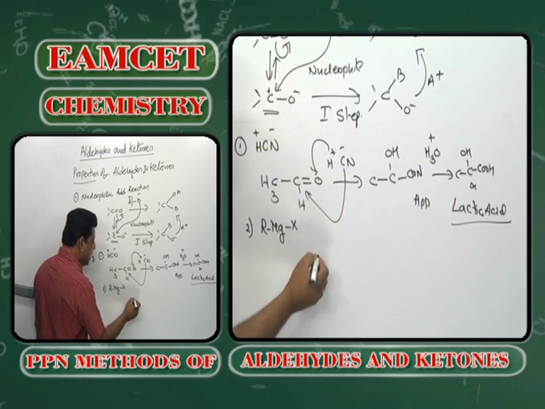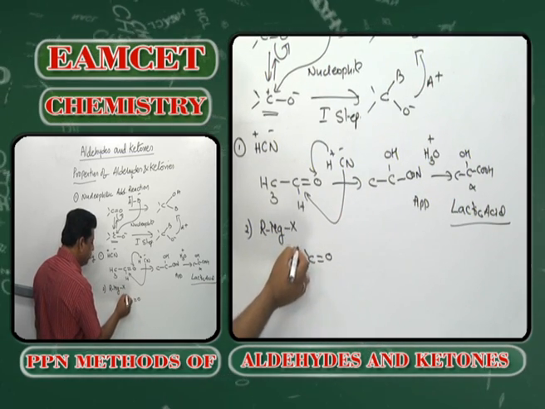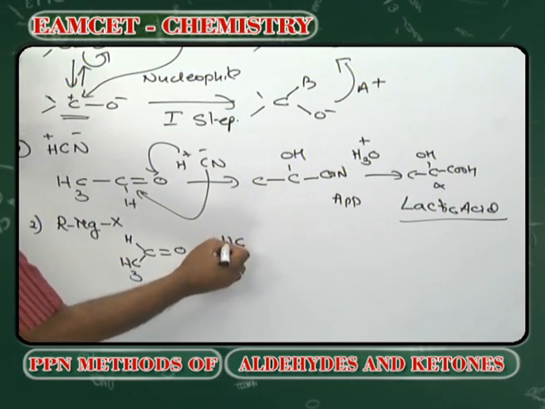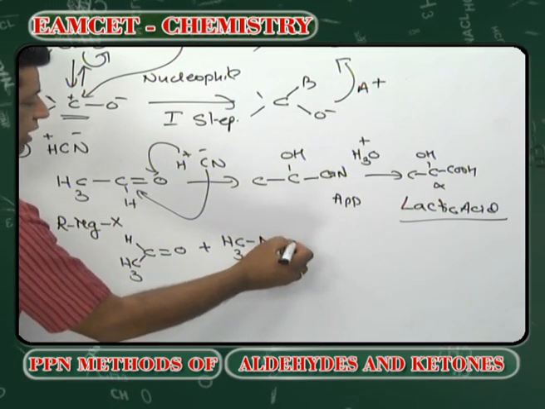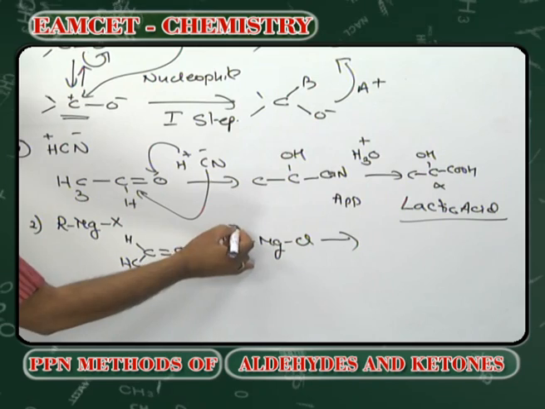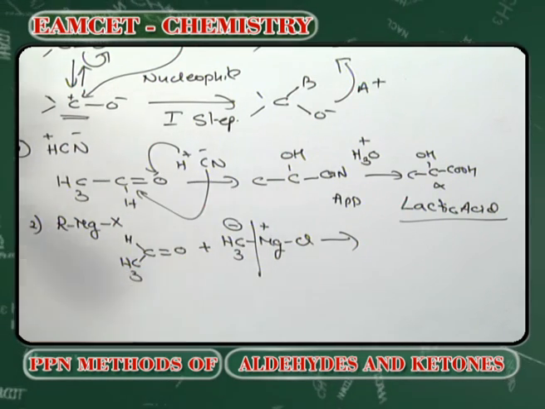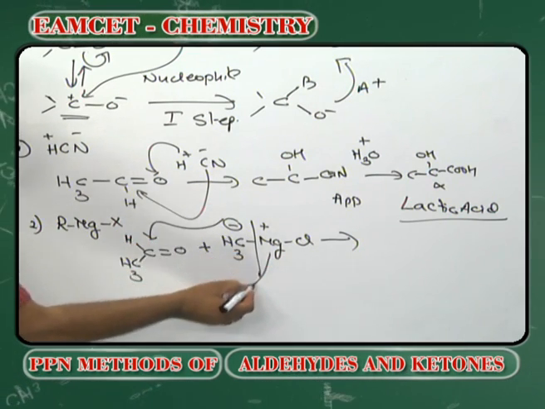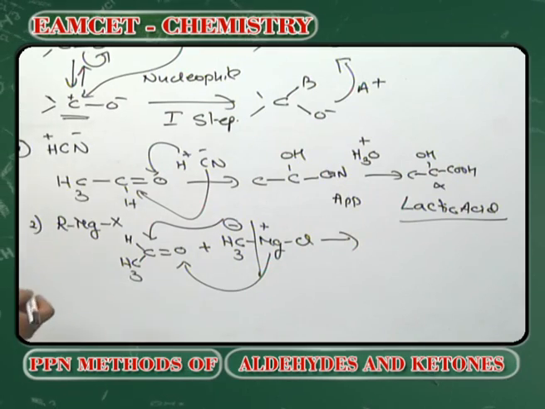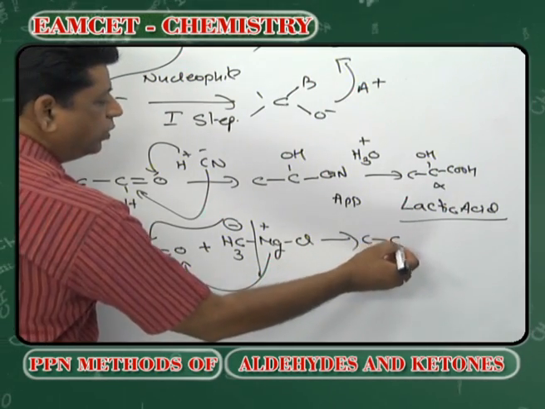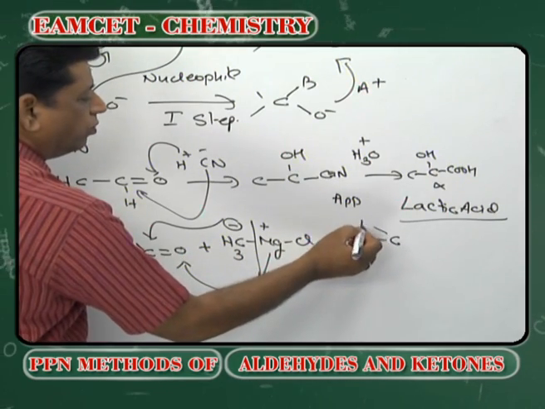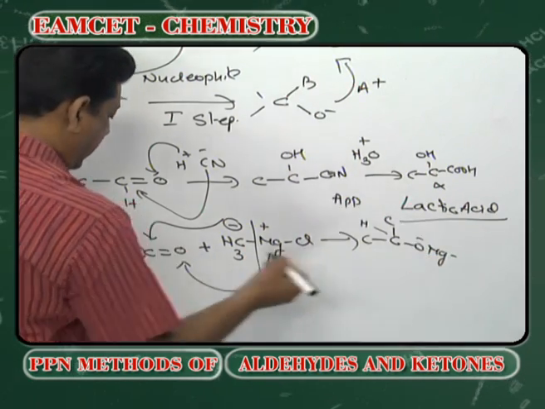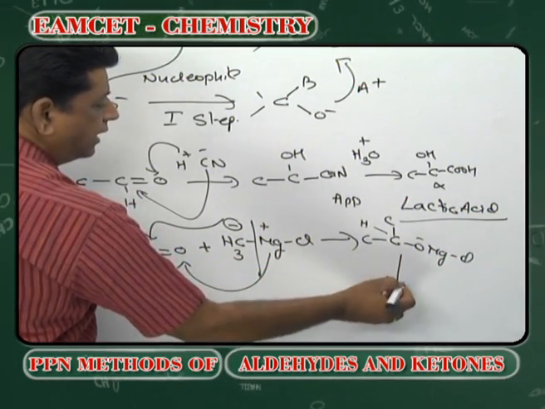Now let us take acetaldehyde, and see what happens with a suitable example like methyl magnesium chloride. The methyl is the minus and magnesium is the plus. Which group will attack first? The minus party will be added first, followed by the magnesium. So you will get a salt formation: the 2 carbon compound with 1 methyl added, and O minus with the magnesium chloride. This, on acidification,